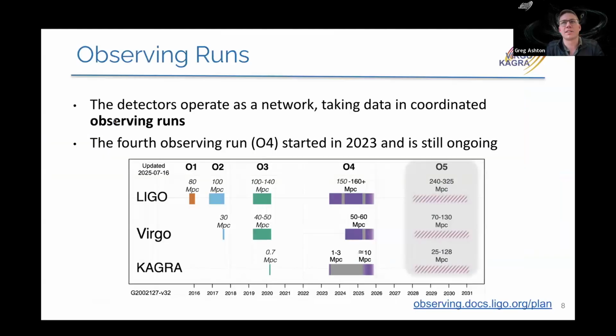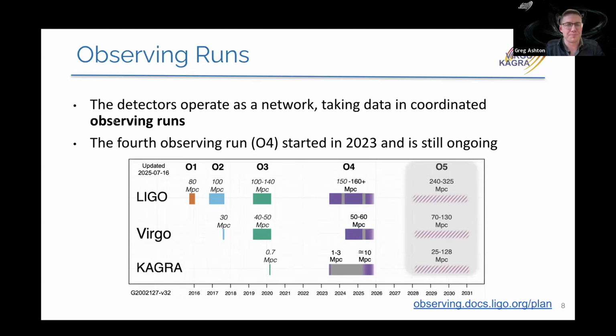And these observatories, as I'm sure many of you know, are running and taking data in coordinated observing runs. So this is, I think, one of the most fascinating features of gravitational wave astronomy, as opposed to other astronomy: we are banded together because we get so much more out of our instruments when they're operating together, as opposed to pitted against one another. So at the bottom here, I'm showing the timeline of different past observing runs and future observing runs. And you can find more details about that at that link,